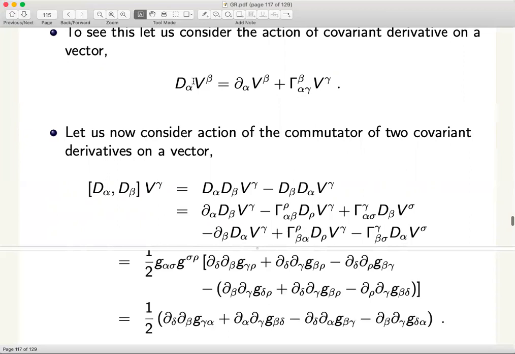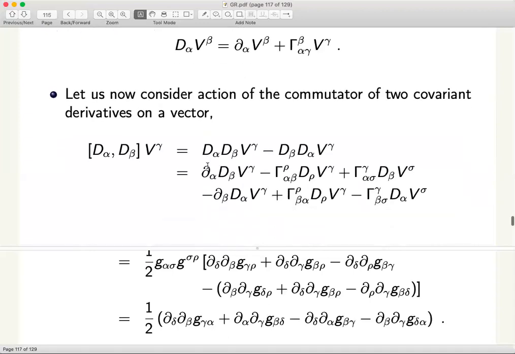Okay, one covariant and one contravariant index. So therefore the second covariant derivative can be expanded by treating the quantity as a (1,1) tensor, which is what we are doing right now. We expand d alpha as del alpha on d beta v gamma minus gamma with covariant indices, that's a minus sign, and this gamma with contravariant index being replaced by something else with plus sign.